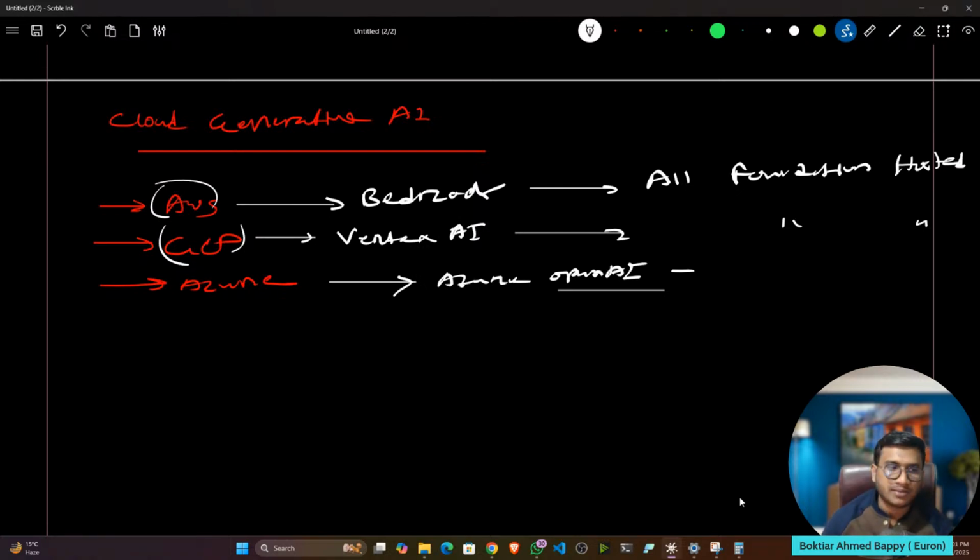So make sense, guys. Tell me why cloud GenAI is important. This is what I just wanted to let you know: why people are moving to the cloud GenAI, and what the cloud GenAI exactly is. That was the problem, and that's why cloud GenAI came into the market. Previously it was not available, but when they saw that people were having problems executing LLMs directly, they proposed these platforms so that your task would be very easy as a developer.